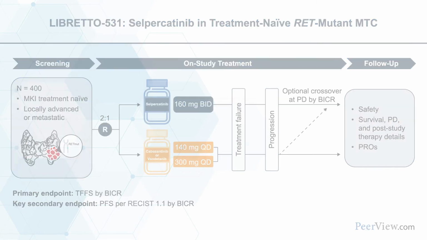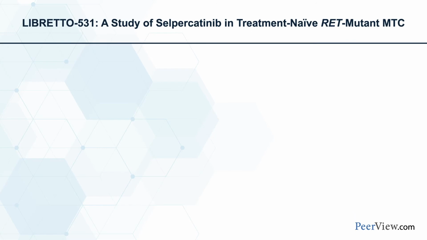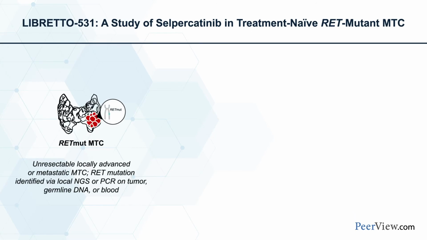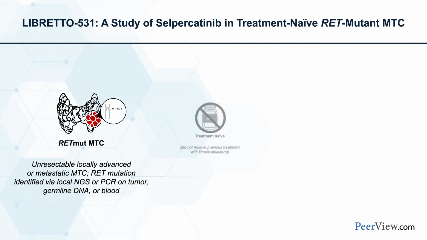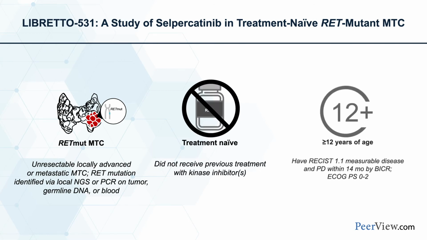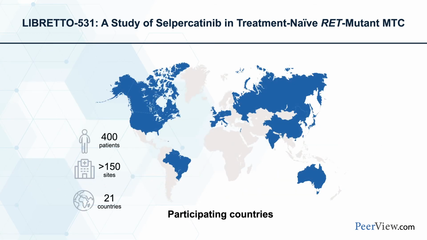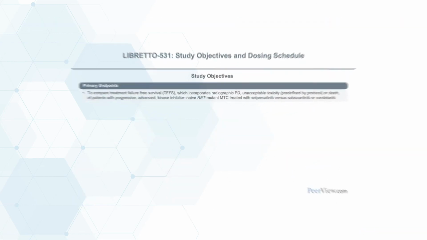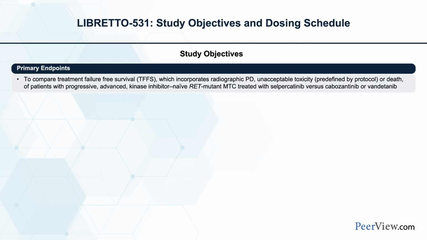The key eligibility criteria are similar, that they're medullary thyroid cancer, that they have a RET mutation, they're treatment naive, and that they're greater than 12 years old. This is an international phase 3 study. Libretto 531, which is this phase 3, has a primary endpoint to compare treatment failure-free survival, which incorporates radiographic progressive disease, unacceptable toxicity, or death in patients with progressive advanced kinase inhibitor-naive RET-mutant MTC that have been treated with selpercatinib versus